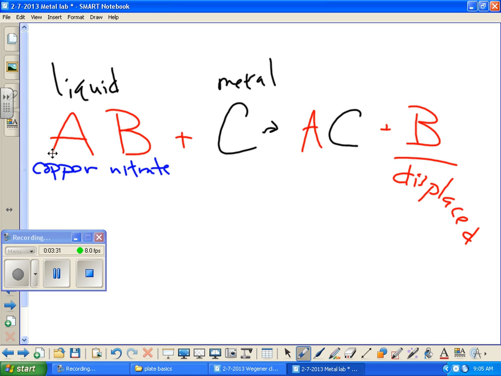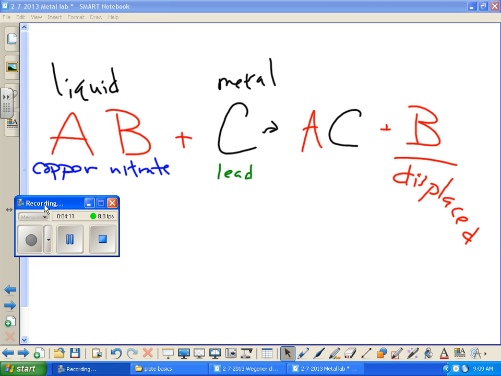This piece of metal might be lead. The lead is going to try to displace the copper. The one metal is going to try to kick the other metal out. And if lead takes copper's place, the copper has no place to go, and it's going to fall into the test tube. So you're going to get some fuzzy, shiny, different stuff forming inside your test tube because it has no place else to go. It's homeless. It's displaced, so to speak. There are 9 different ways